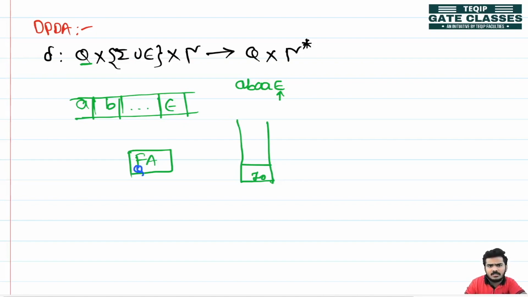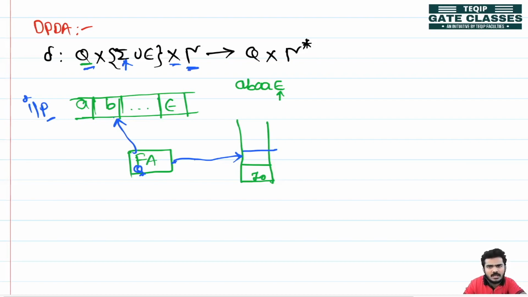Next, after reading an input alphabet, where is the input? This is the input. So after reading an input alphabet along with stack alphabet, suppose I am here and I am reading this stack alphabet. Again I will tell you what this is. Suppose I am in particular state q, and along with that I am reading the input symbol from the input, whether it is input alphabet or it can be epsilon, and along with that I am also reading the stack alphabet,